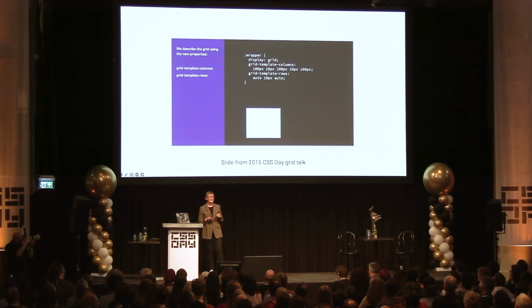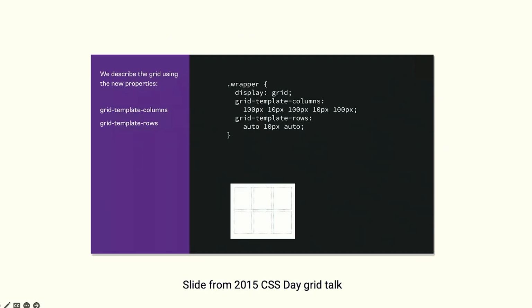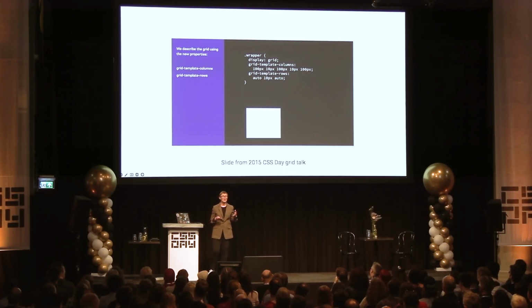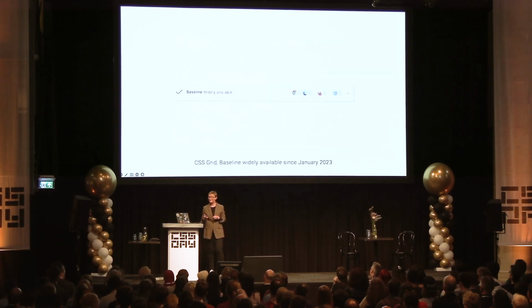And I spoke here at CSS Day in 2015 about Grid. Now, that talk was memorable for me because I got a lot of feedback in the talks I've been doing about the lack of a gap property for Grid. If you wanted to have gaps between your tracks, you had to use a little skinny column. And I remember I presented on this at CSS Day, and I remember standing in the other venue at a table with Elika from the CSS working group, discussing how we would do gap and how important it would be. And so obviously it then ended up in the spec. So that's just one of the collaborations that a conference like this has enabled.